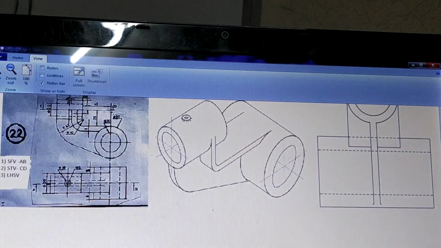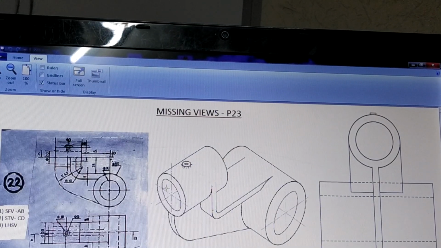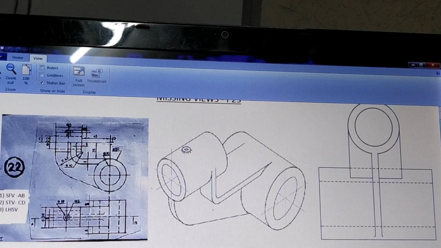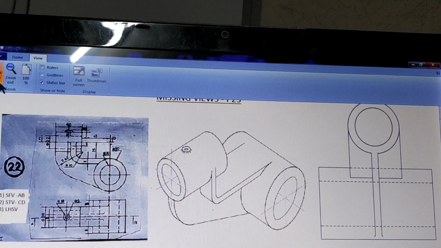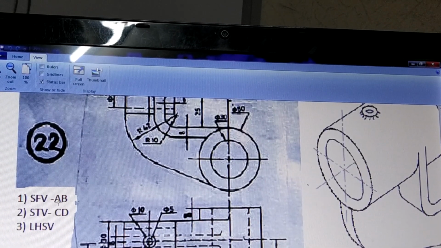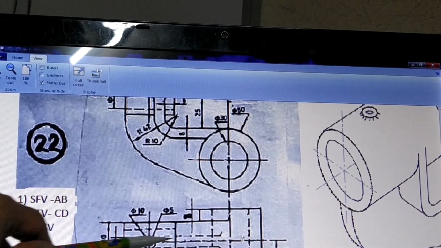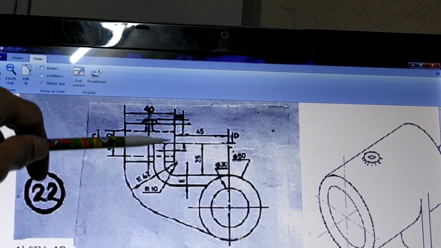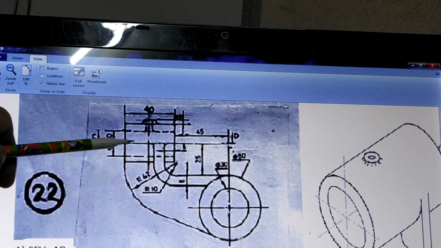Now what we do is we can have a look at the other figure, which is the drawing shown in isometric. So what we are supposed to do is we should be able to imagine how this part is made up of, and then we are going to draw these particular views as what they are shown here. You can read them again. Sectional front view, section AB. So when you cut the top view from here, this is section AB. So when you cut from here, whatever is shown that you have to draw here, that means the front view will be modified into sectional front view.